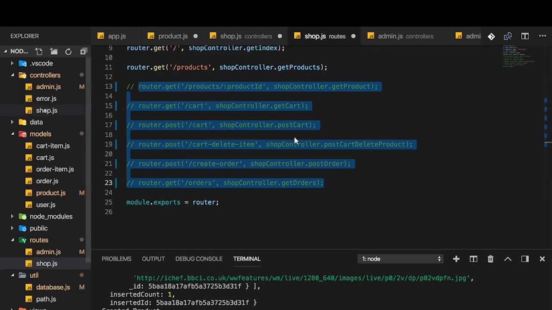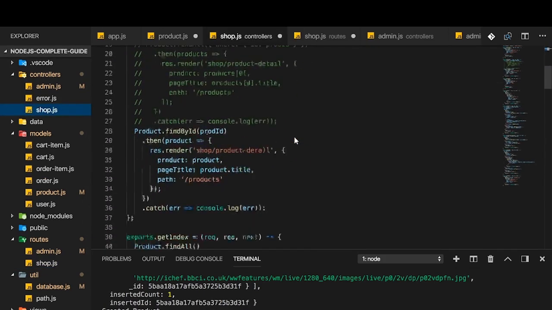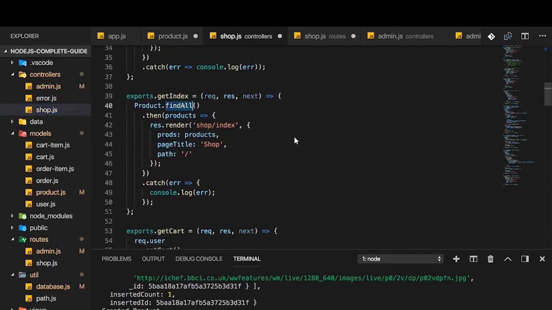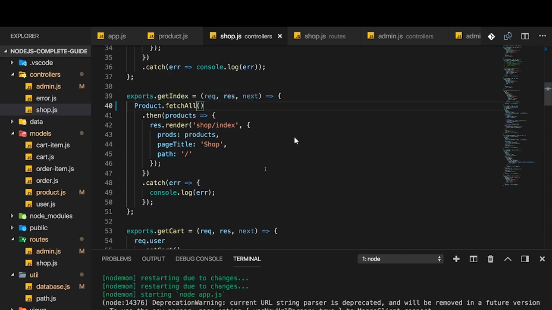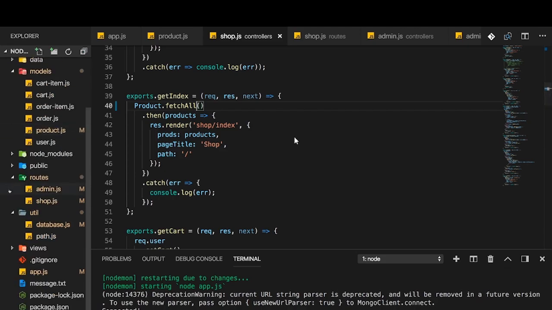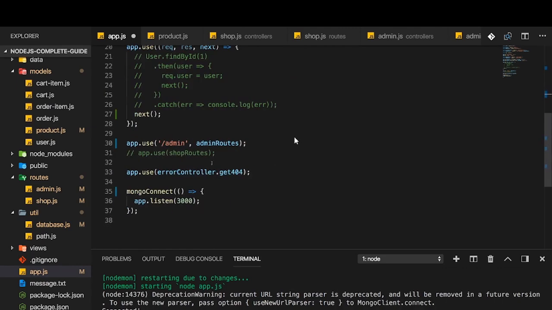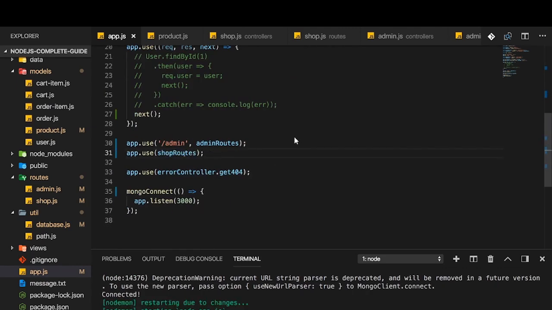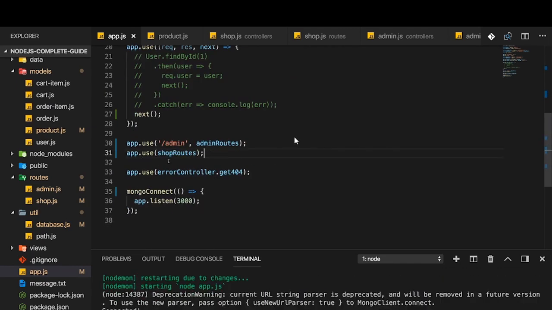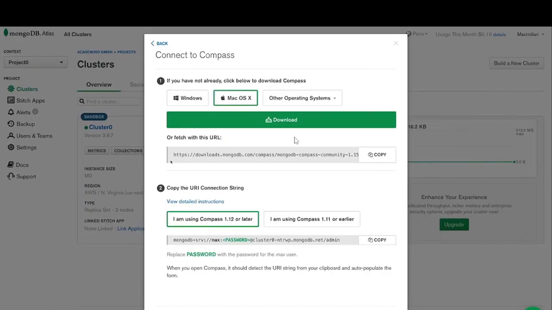By the way, in the shop controller, you also want to make sure that getIndex works by also using fetchAll in there. So just as we did it in getProducts, we want to do the same in getIndex. Okay, so now I got some code in place. Let me go back to app.js finally and comment in that shop routes import. And not just comment it in, of course, but also uncomment this middleware down there. And now we hopefully have a setup where we can actually reload our